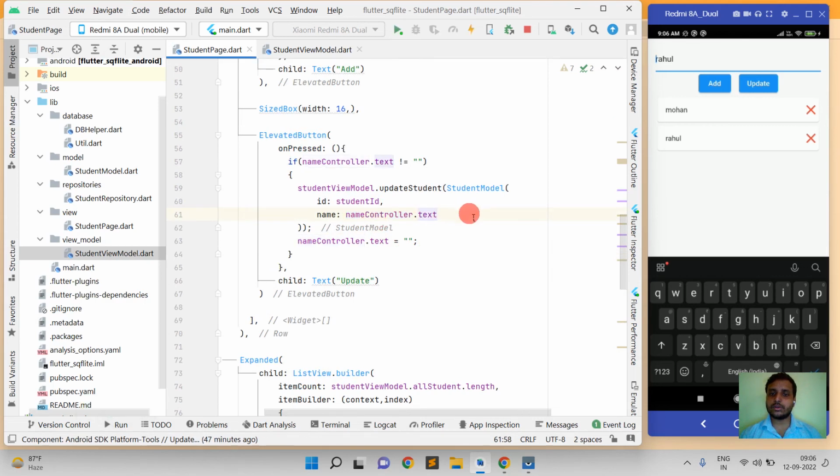And then control S, and now we can check here. Now I'm going to press on Mohan and just change the name like Rahi. And when I'm going to press this update button, then we can see